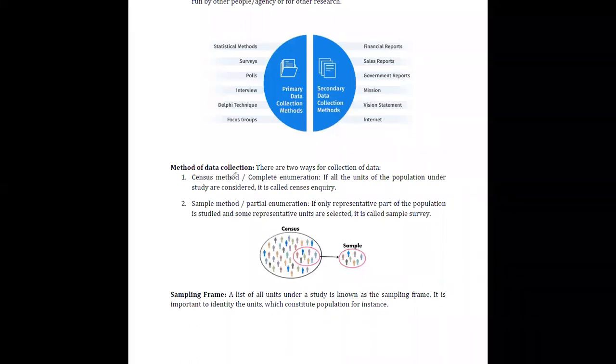In Sri Lanka also, they are having a census survey. They are counting how many people are living in Sri Lanka in that year. Therefore, they are taking the data from each and every element within the population. Therefore, that can be considered as a census survey. But due to some limitations, if you cannot cover the census survey, then what you can do is you can